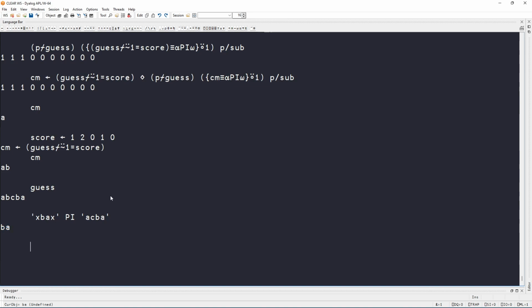However, the intersection primitive returns the result in the order of the left argument, and that's why we have a BA here, because the B appears first. So if I were to swap these two, now the AB appears first, because on the left the order is AB. Actually, what I said is correct, the order is the result, and what I was about to say is that because we computed the correct match with respect to the order in the guess, we keep the guess on the left of the intersection, but I'm not sure if that's going to be enough